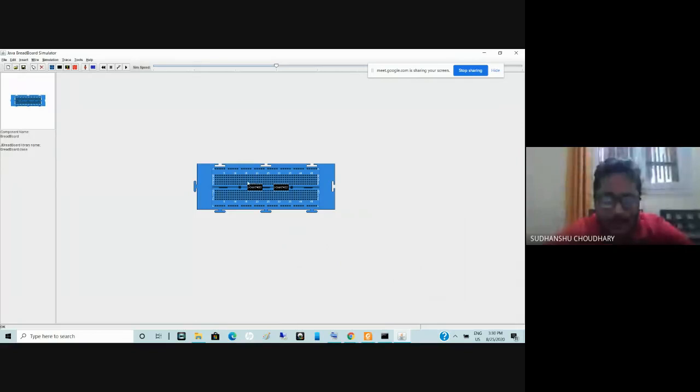you have to provide the power supply. In fact, I think power supply and ground are already believed to be connected. If they are not connected, maybe you can insert them again from this insert option which is appearing over here. And for output, you can verify the output using connecting LEDs. Right? So three options of LEDs are present: red, green, and yellow. So any you can choose. So maybe if I choose red LED, so this LED is present here now, right?